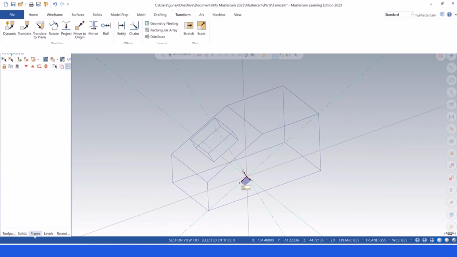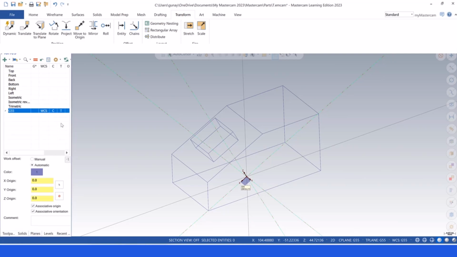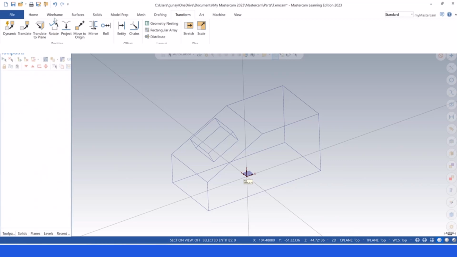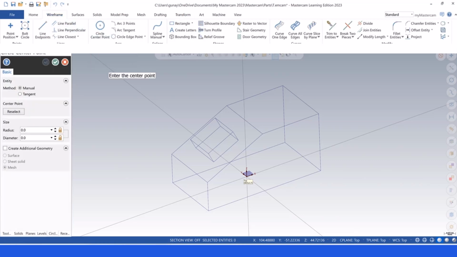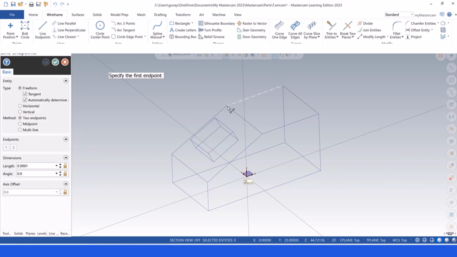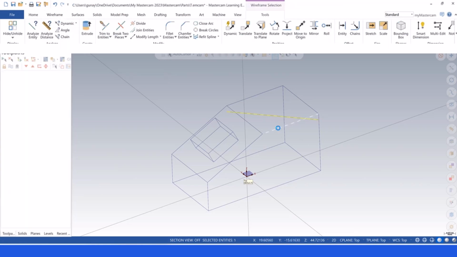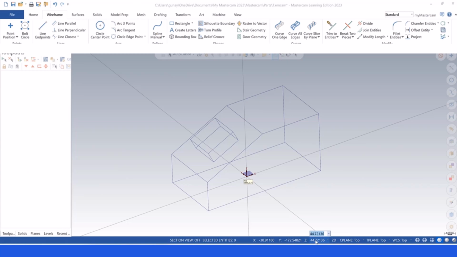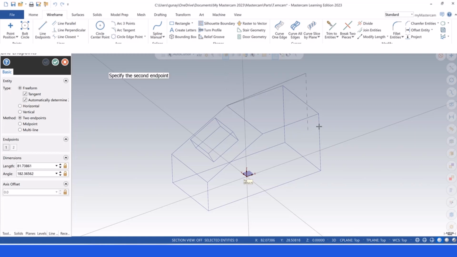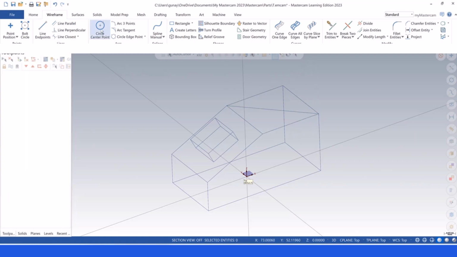So if you intend to change to the top plane, you can hit here. This is the planes option. And then I just need to click here, VCS, C plane, and tool plane. If you intend to turn back here, we can easily do this. Let me turn to the wireframe and then circle. Before that, maybe we should use the line entities like this, and oops, we need to change the 3D as well. Let me turn to the 0 and 3D, and after that we can easily create our diagonal line,